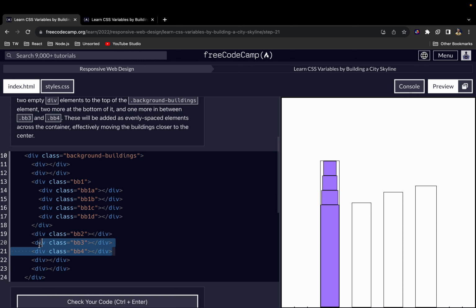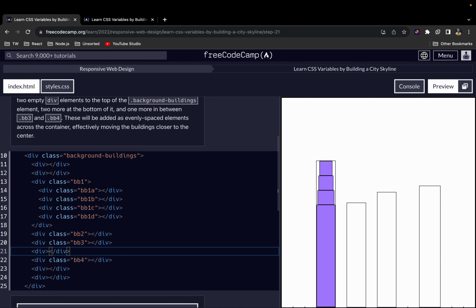So this BB3 and BB4. So I'll just copy this and then place it in between BB3 and BB4. Okay, all right. Now this will be added as evenly spaced elements across the container, effectively moving the buildings closer to the center. Okay, so as you can see,